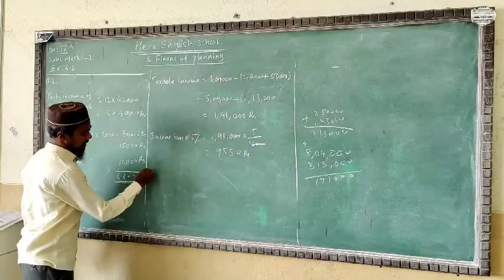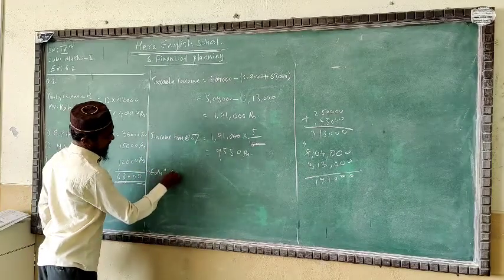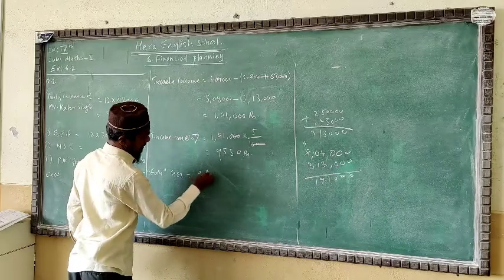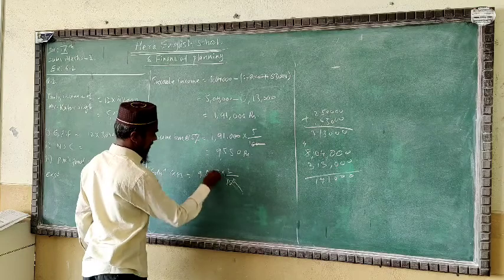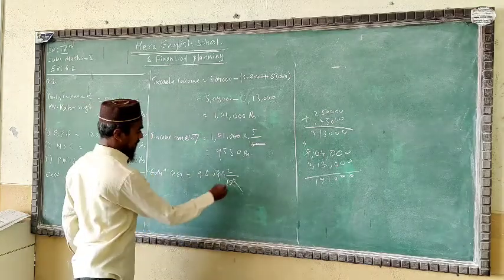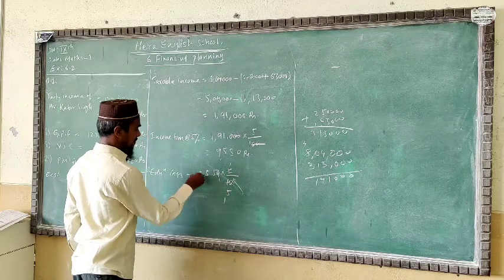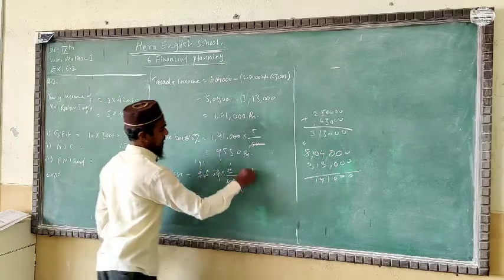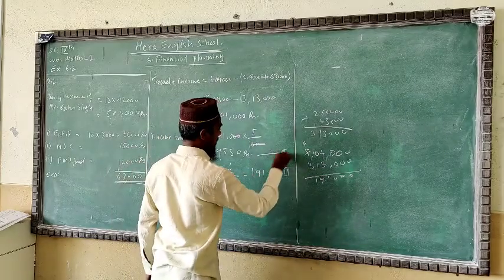Now we'll bring the education cess. Secondly, we'll have education cess of 2% of income tax, 9,550 into 2%. Cancel the 0 0. Now once again, 5 2 1 is 2, 2 5 is 10, 5 1 is 5, 4 carry, 5 9 is 45, 5 1 is 5. We'll have 191. It is the second thing, this is the first thing.